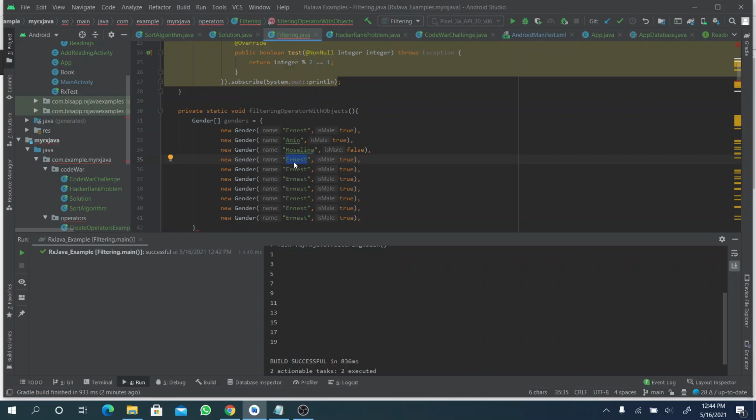The same goes for Alex. Is a male. Ernestina, so we can have Ernestina, female. So false. It's not a male. Justina, false. So let's fill this up, and I think with this element we are okay. Felix is a male. Kishore is a male. Swati is a female. Okay, and finally, we could have